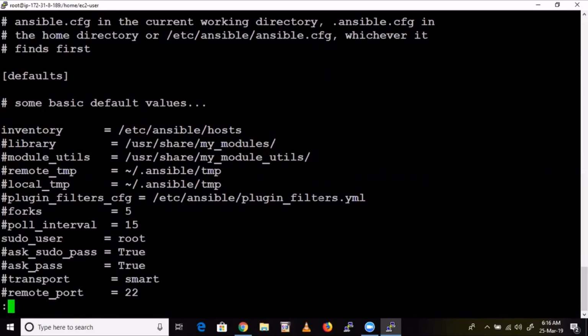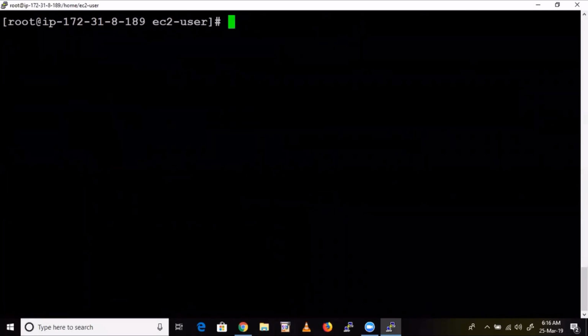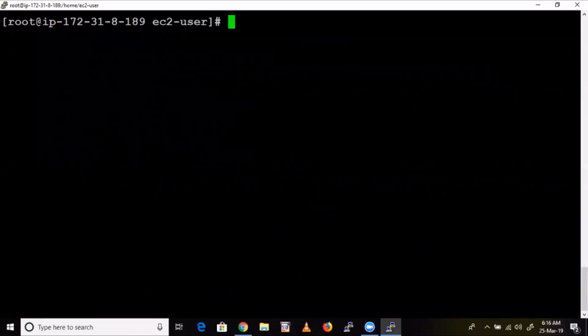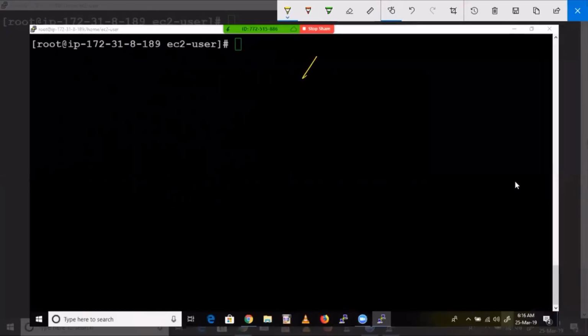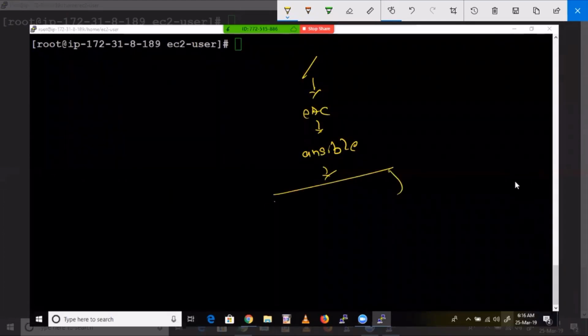Let's see that. We have two files under etc ansible.